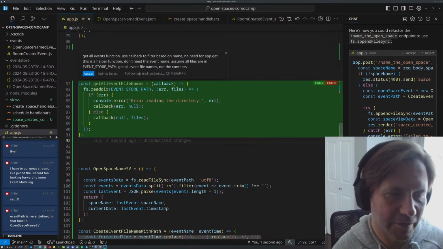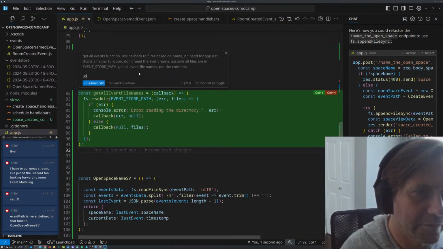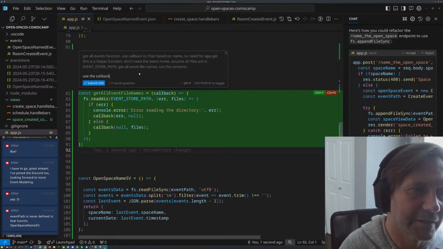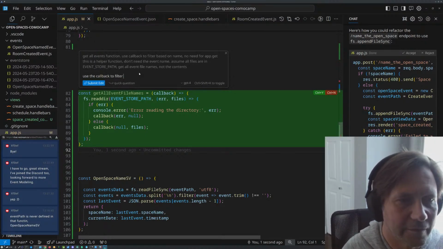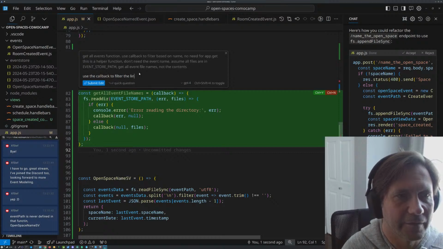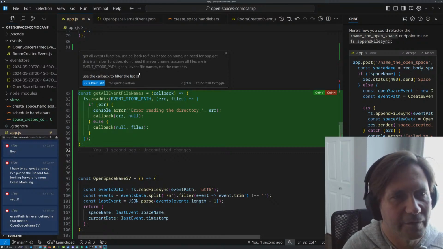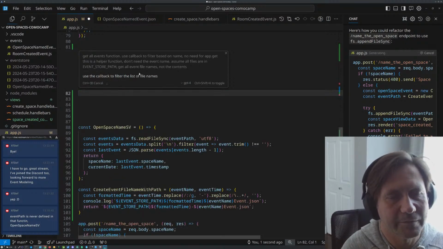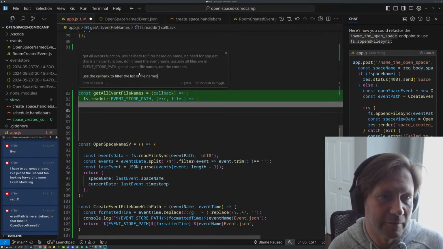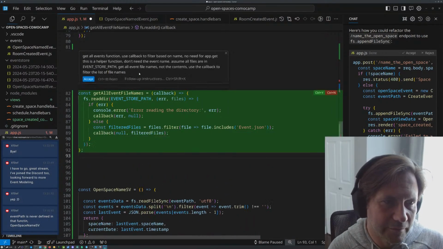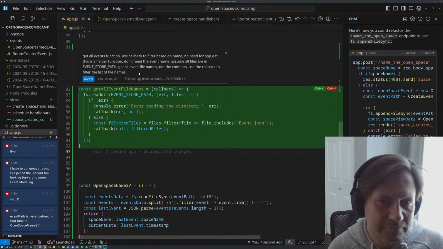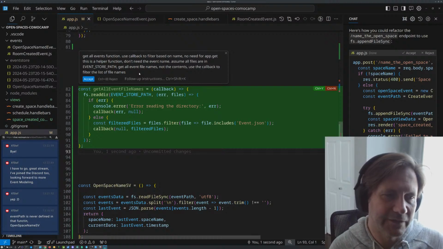And that's not what the callback does. Use the callback to filter the list of file names. I don't think it knows what it's doing.